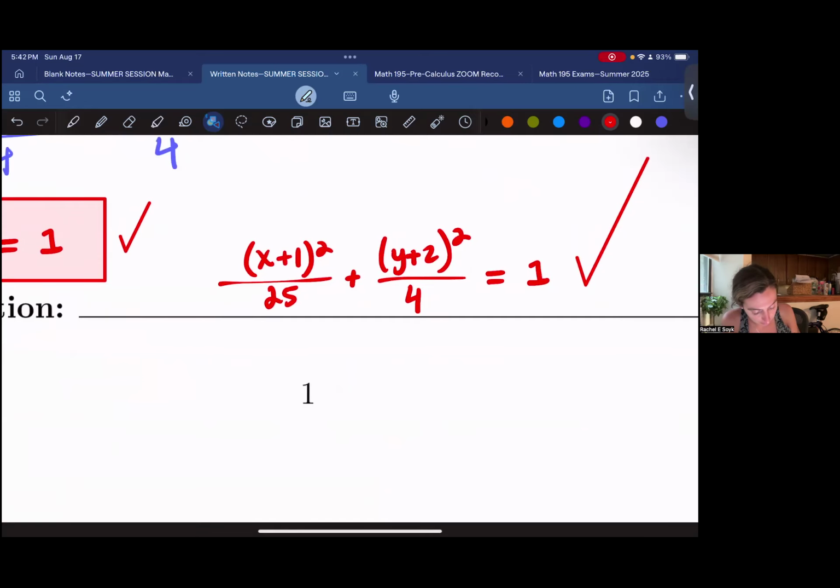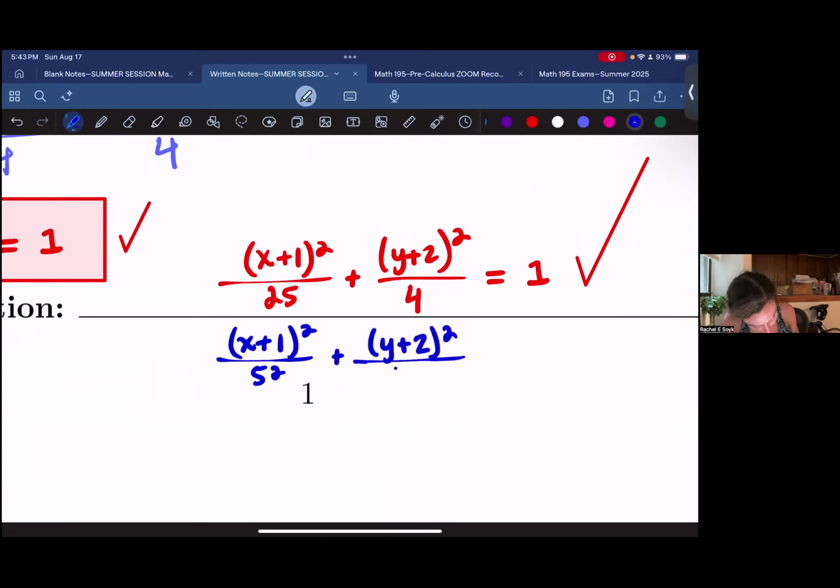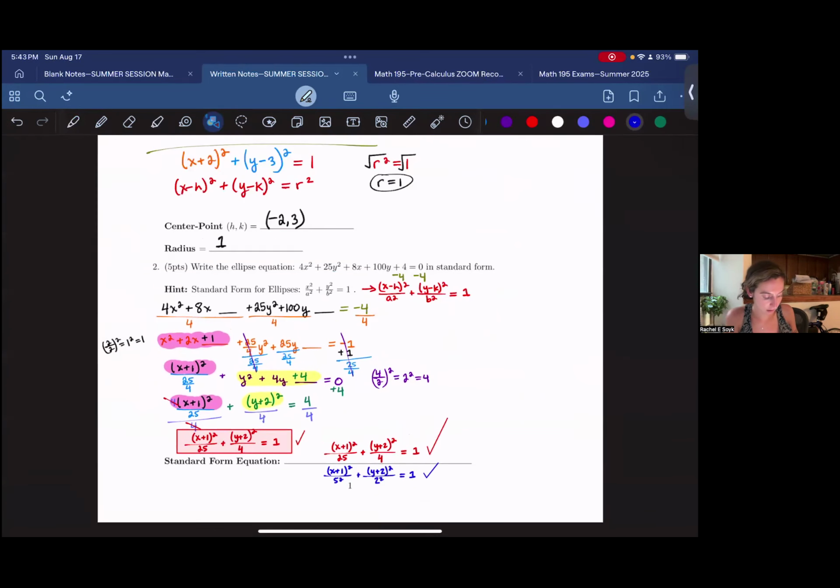If you wanted to write this as x plus 1 squared over 5 squared, so you can really see what your a and your b values are, plus y plus 2 squared all over 2 squared is equal to 1, you would get full credit for this as well. And we're done. Let's move on to our question 3,